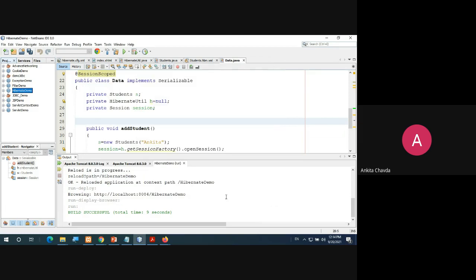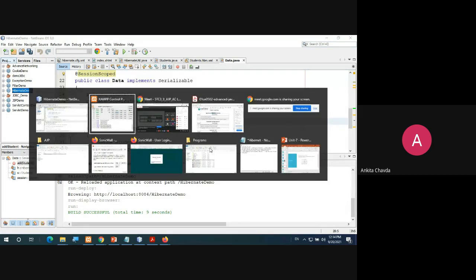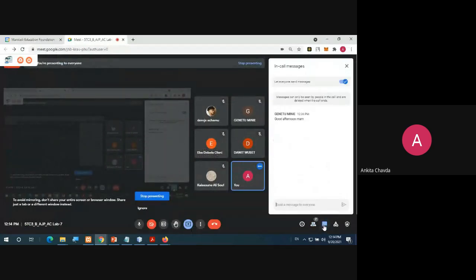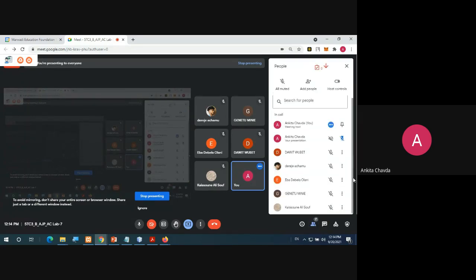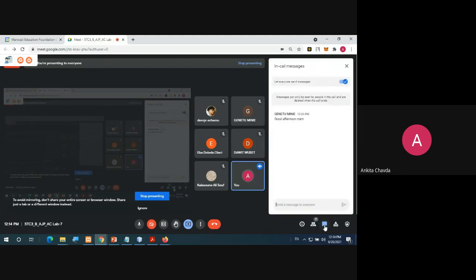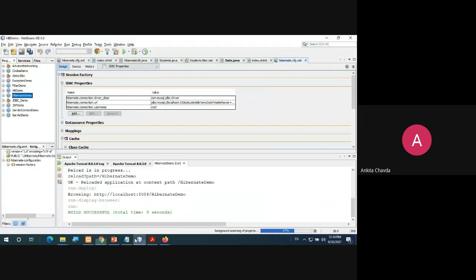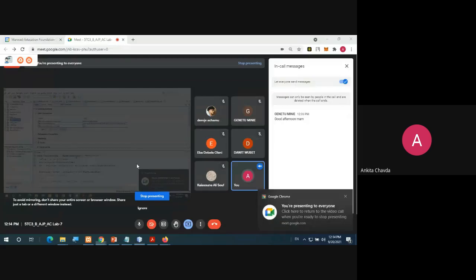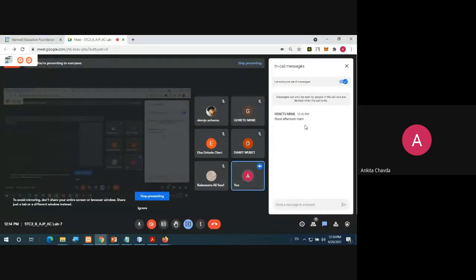So I hope you have done till this. Say yes or no. Yes, have you done till this? If you are not performing, then just let me know. I have the code and I'll show you. I don't have to work much for you. If you are doing this with me, then and only then I'll go at that speed. Otherwise, it is not required. So whatever it is, let me know. Doing okay, right.